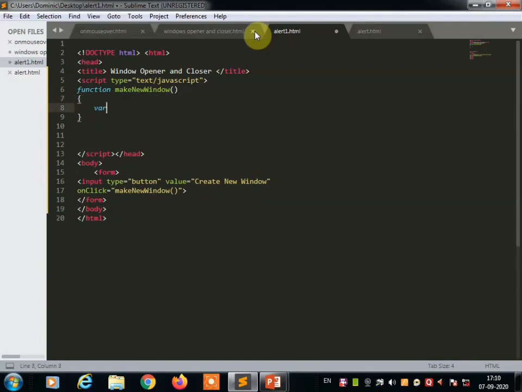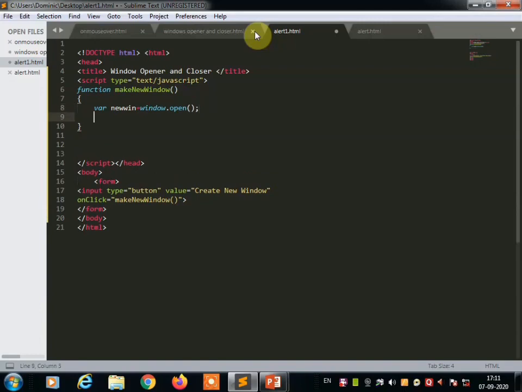We need a newWin variable equal to window.open. It will open a new window, and in the new window we are going to write something. That's why we're going to use the document.write property.